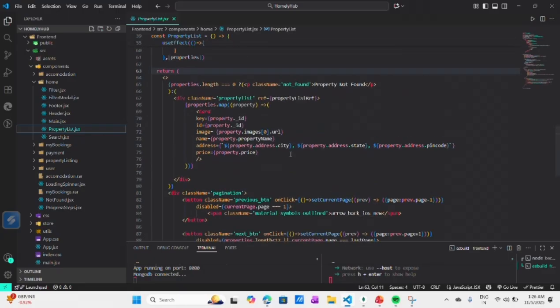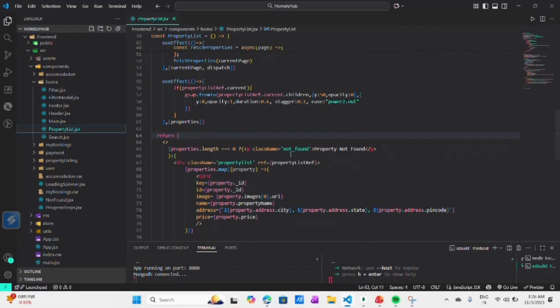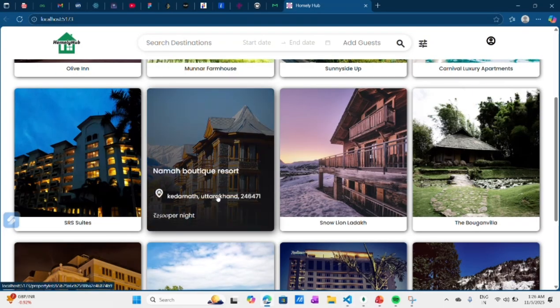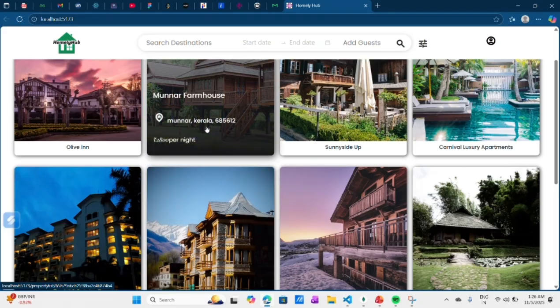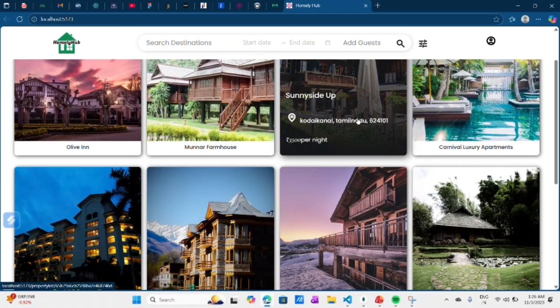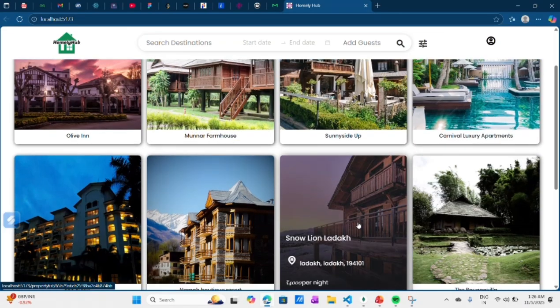Each property card is usually linked to PropertyListing.jsx for more info. In short, we can say that PropertyList.jsx is like your home page showing the user all the available options.